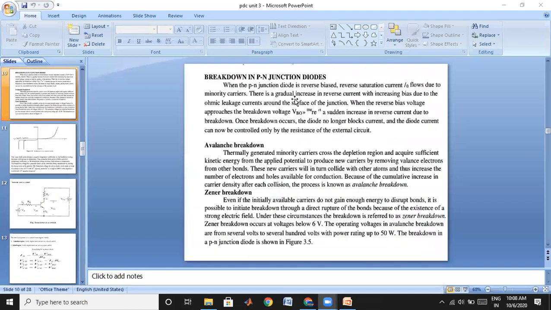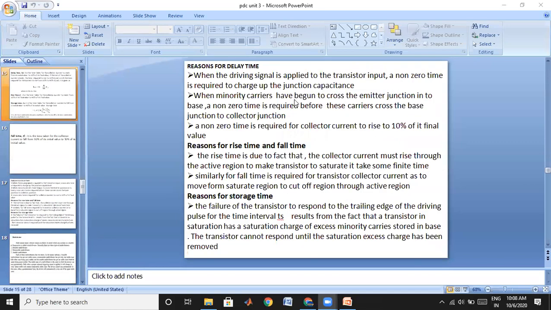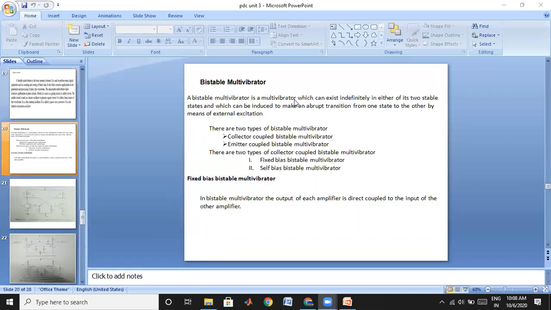In the last class, we were discussing the bistable multivibrators. It is a very important concept. If you understand the bistable multivibrator, then the next chapter, that is the fourth chapter, is also very easy. Most probably this chapter deals with problems, designing aspects. We are going to design a multivibrator.